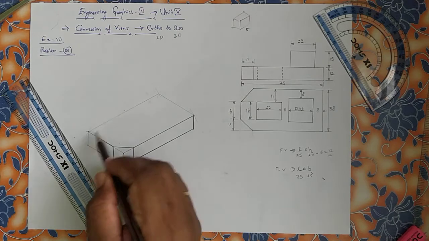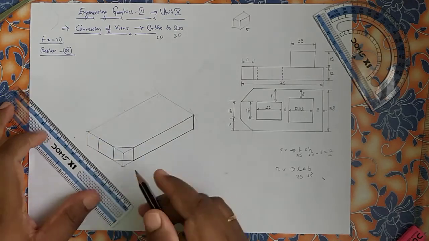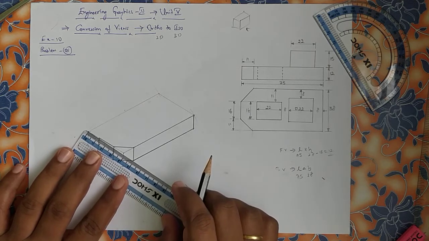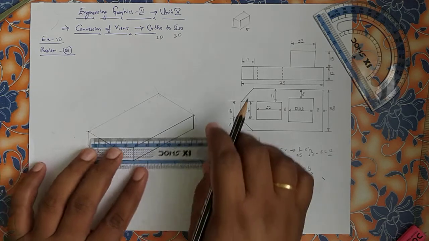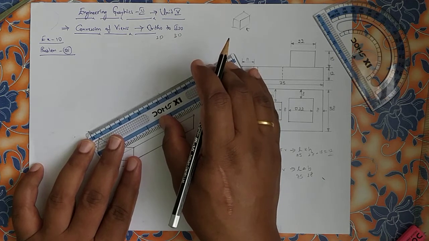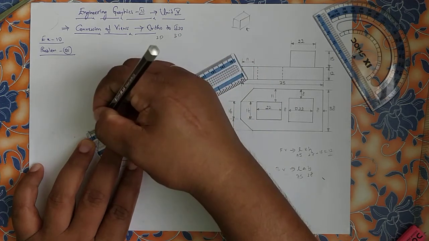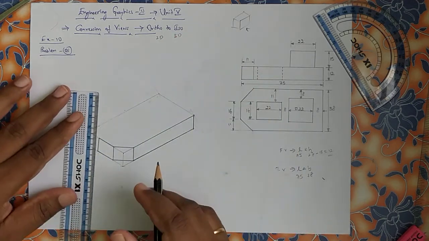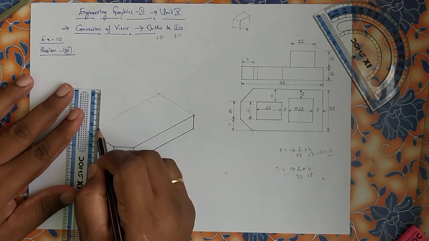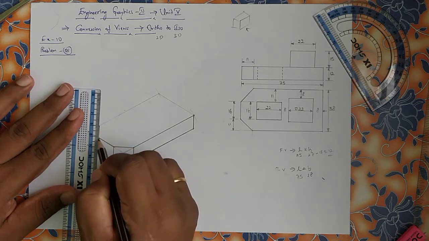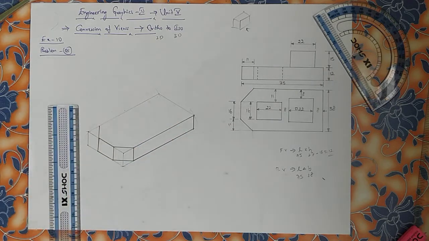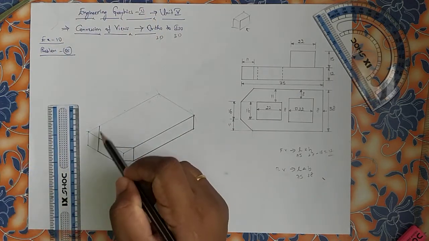Now, here 11 by 11, at the top we have to show just from here. This will be 11 exactly. Now here again, on this line try to keep a point of 11. Now if you try to draw a line, see, it's almost coinciding with this line. That means no height or depth can be shown because they are in a single line. See, they are in a single line.